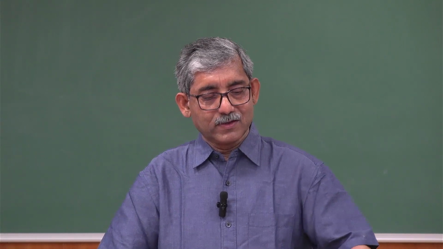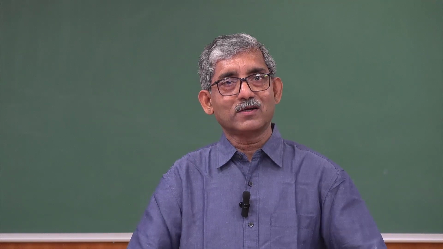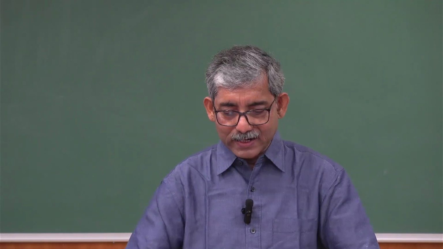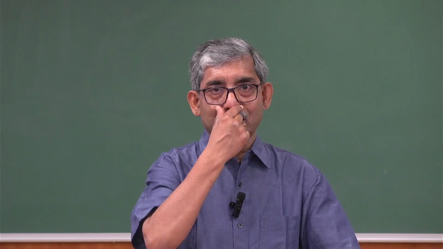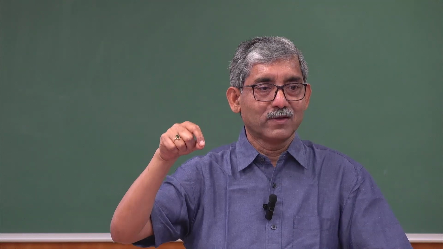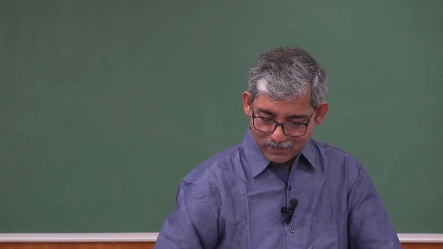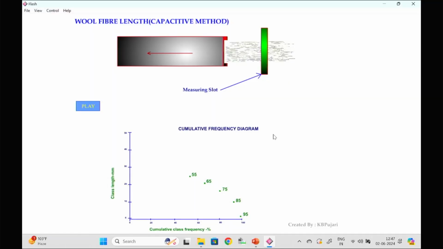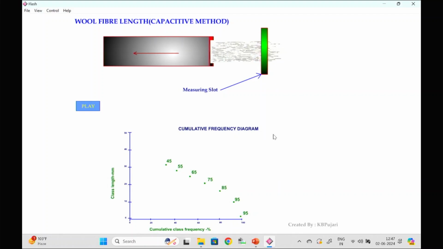Now the fiber is drawing through the slot, and we are getting the points. Initially, whatever capacitance it has is the reference, 100%. That point we are not recording. From 95% of that point we start and go on recording at intervals of 10%: 95% of the initial capacitance, then 85, 75. In this way, we are getting a number of points,